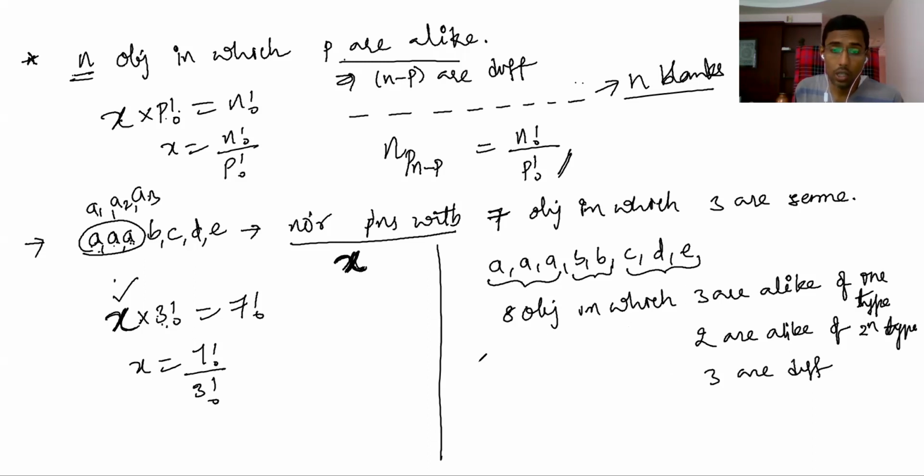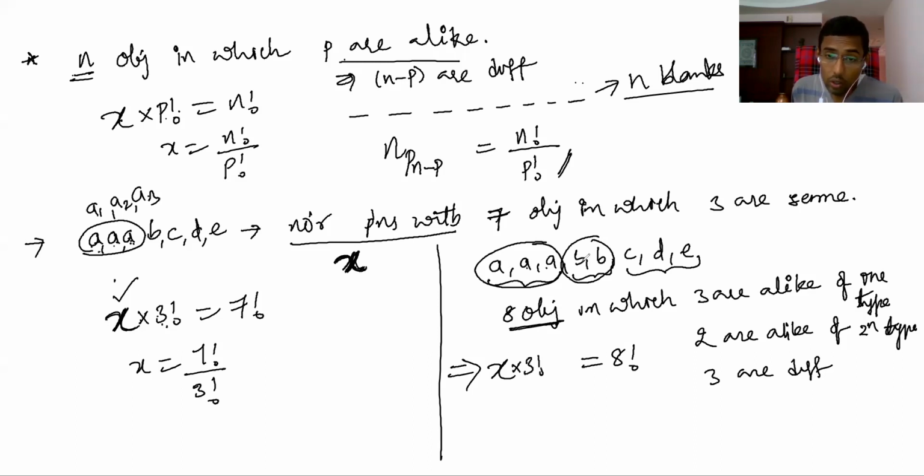The number of permutations, how many? You don't know. Let us say x permutations are there with these 8 objects. But if you take these 3 objects as different and these 2 objects as different, in total 8 different objects, you will get 8 factorial. That's the idea. But if these 3 are different, you get 3 factorial extra. If this BB is different, 2 factorial extra. That's how x equals 8 factorial by 3 factorial into 2 factorial.